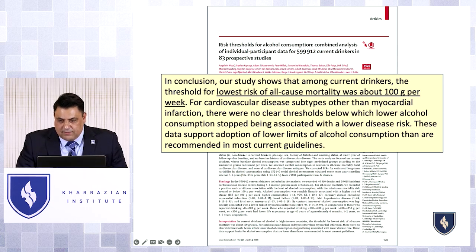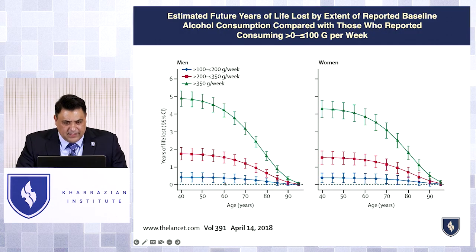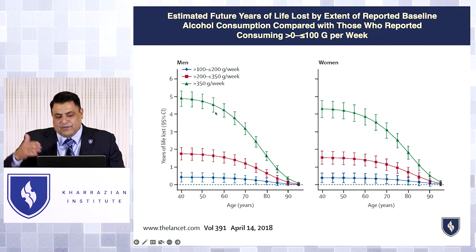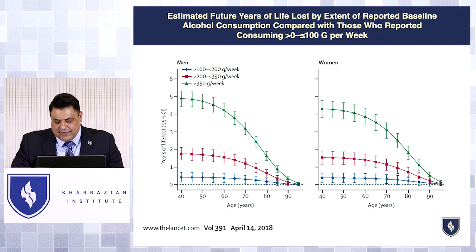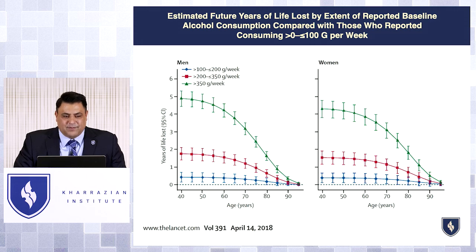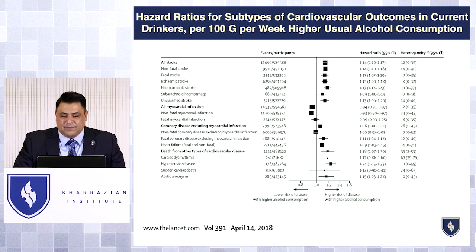So if you look at the guidelines of 100 grams per week, that's about a drink a day or less than a drink a day. The all-cause mortality wasn't too bad. But listen, if you're an alcoholic, you're going to have serious problems. So really, the more alcohol a person drinks, the more problems they're going to have. The casual drinker isn't an issue, but if you're drinking more than a couple of drinks a day on a regular basis, that's going to cause health problems, one of them being liver disease, alcohol-related liver cirrhosis.